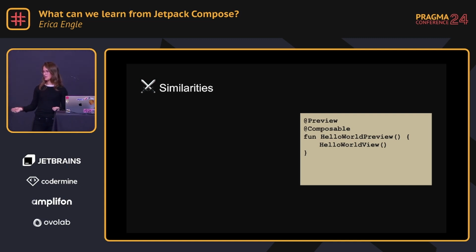You have all the capabilities, you're able to interact with everything, it feels like your app, which it should, which is great. And similarly, when you create a preview in Compose, you have this idea of setting up the function. You may set up the view however you want. And I think that it's nifty because when you set up the preview here in Compose, you can almost use it as kind of a functional or integration test.